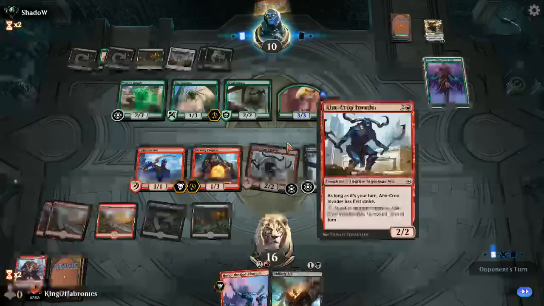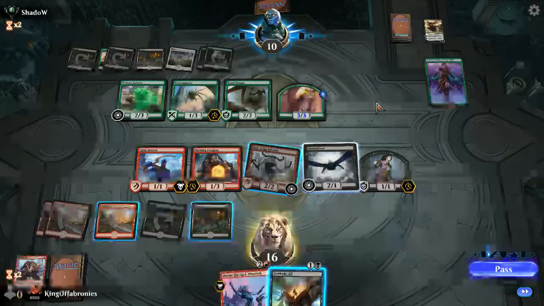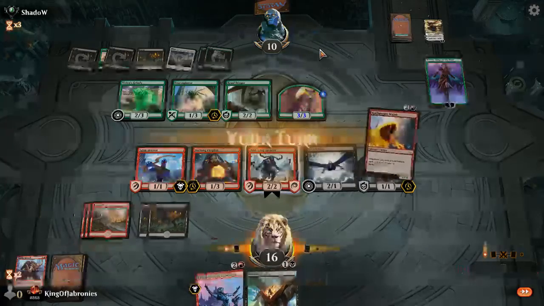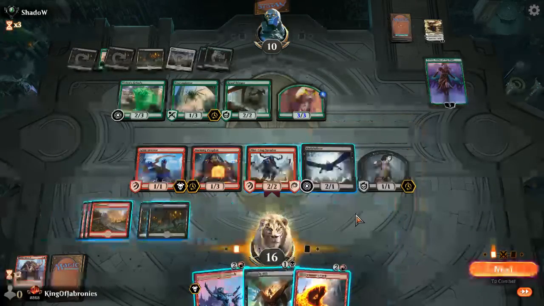So next turn I can attack with On-Crop, Shriek Diver, and the Assassin. I could also attack with the Burning Prophet, but I would have to Unlikely Aid on the Burning Prophet to save it. So it's still kind of sketchy. Spell Gorger Weird doesn't look bad, so I can play this pre-combat to